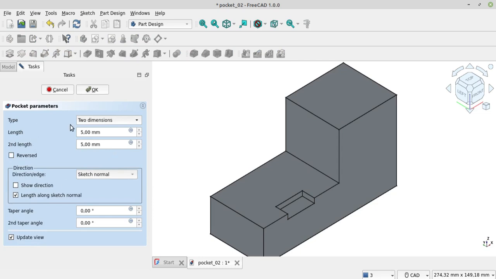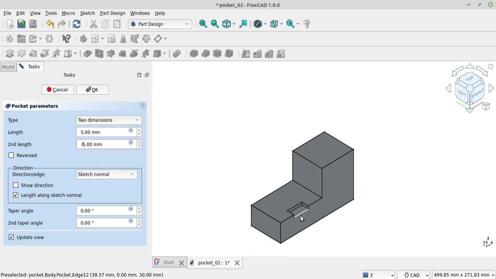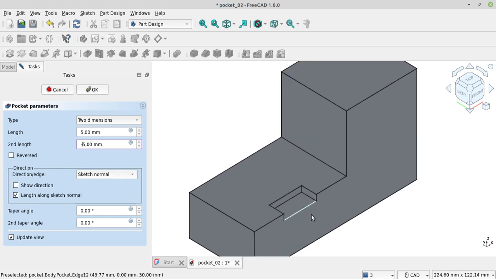There are two options of length, first length and second length. You can fill in the dimension. This is the dimension, for example. And you can make an amazing design with this feature.